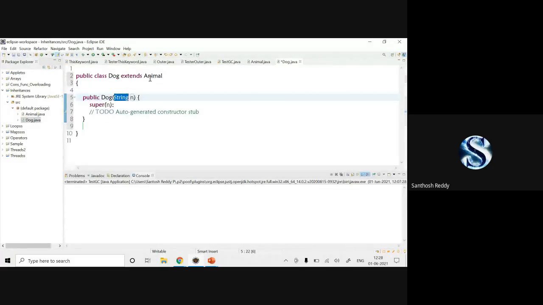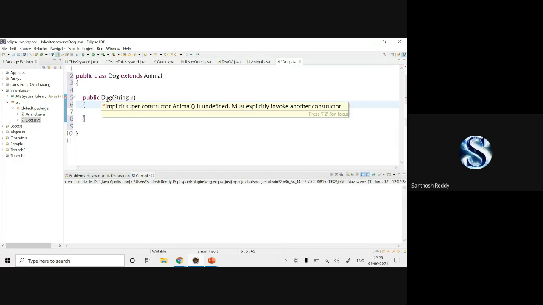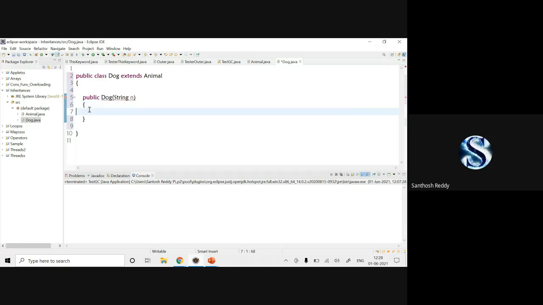Obviously, in the Animal class we have a constructor, so in the Dog class also we should have a constructor. I'll create a String name is equal to n.